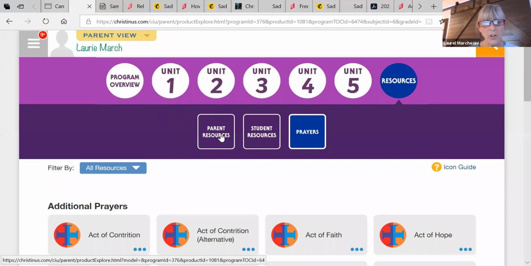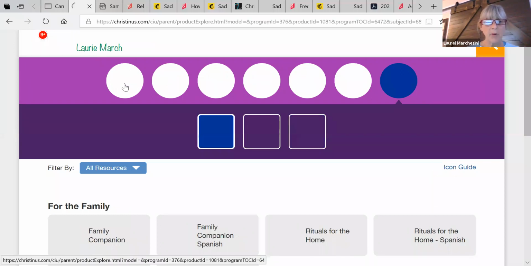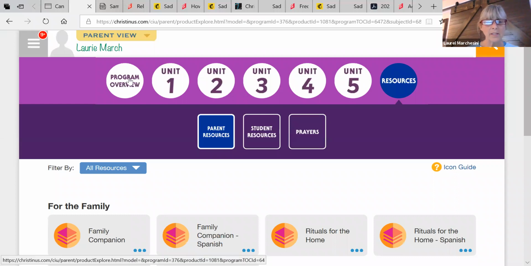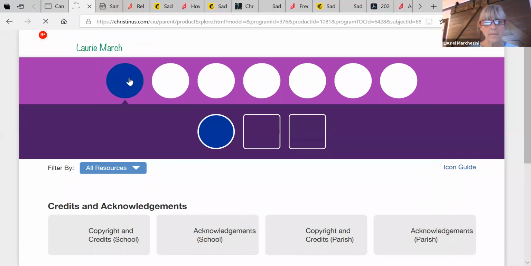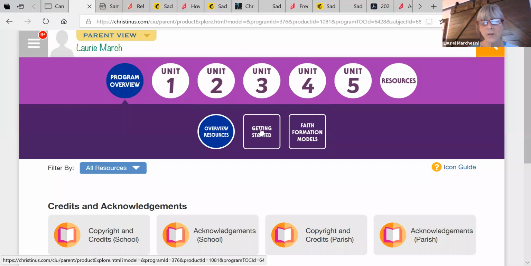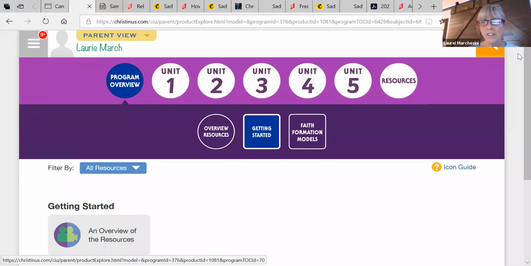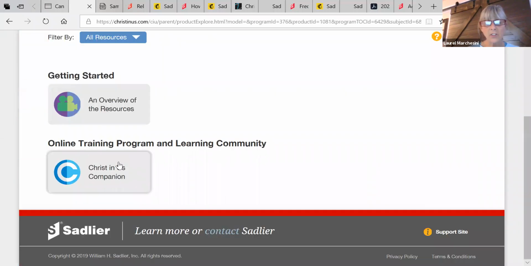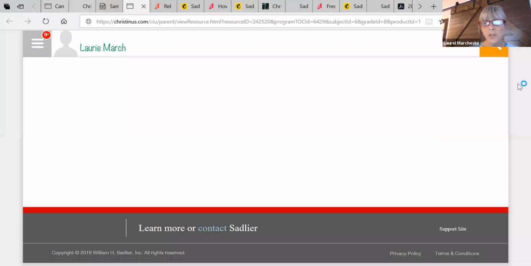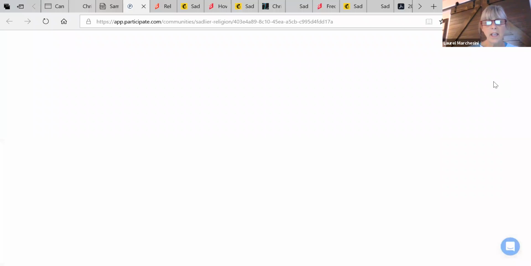Another thing that I want to show you in the program overview is, let me click on this, the Getting Started videos. And this is also on your landing page. When you first log in, you're going to see this Getting Started tile. Here you're going to find the Christ in Us Companion. If you forget how to use something in the portal, you come to this Christ in Us Companion